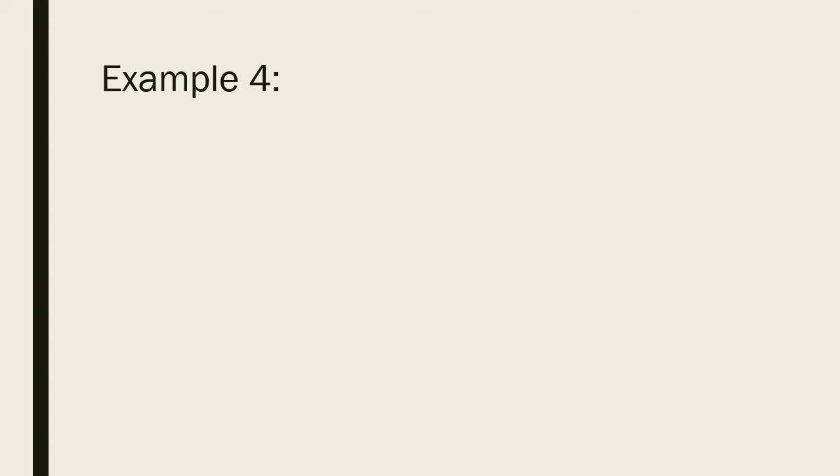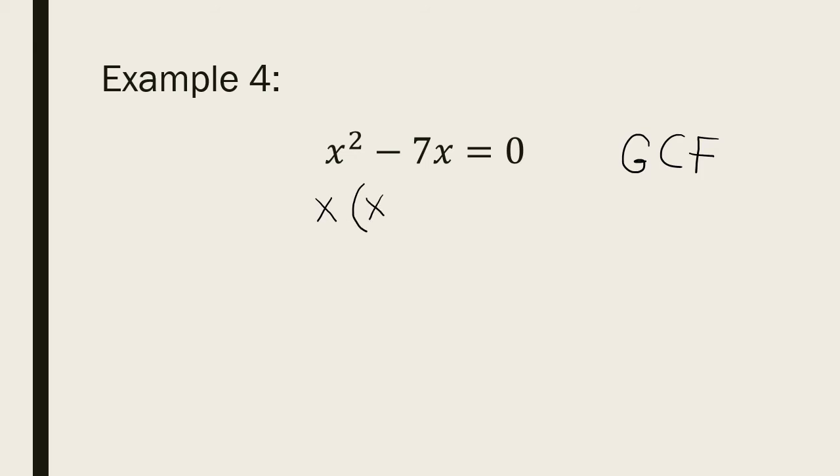Let's take a look at example number 4. We have x squared minus 7x equals 0. This is a quadratic equation that we're trying to solve for x, and we're using factoring as a method to solve this quadratic. So the first thing that I have to do is to factor this quadratic. I know by looking at this equation that I can use GCF to factor this quadratic. The GCF in this case is x. Both terms have a greatest common factor of x. That means I can end up with x times x minus 7